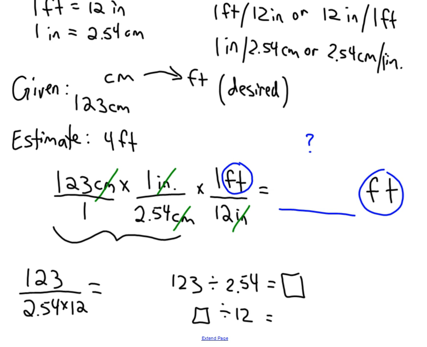Okay, so we have to work this out, so get a calculator and we'll fill that in, and then we're done. Okay, my final answer that I get after doing these two divisions is